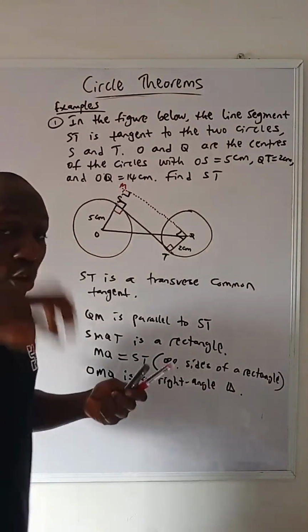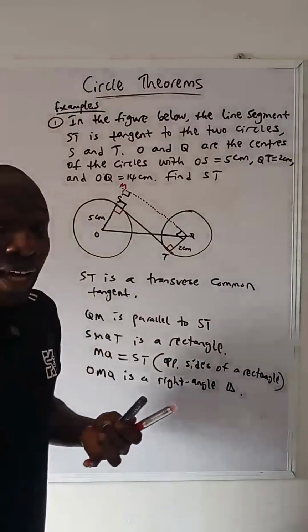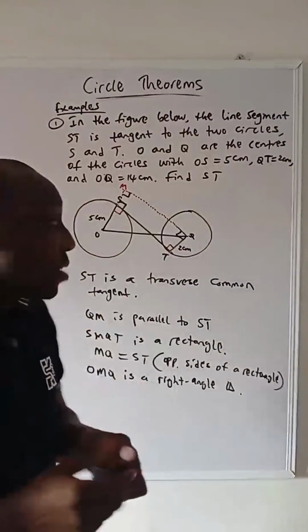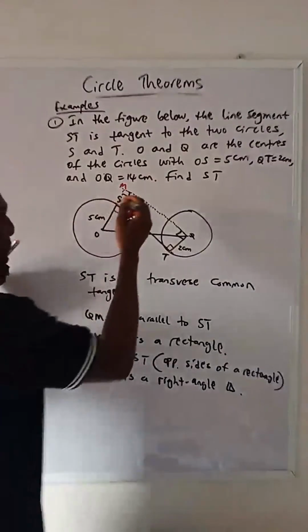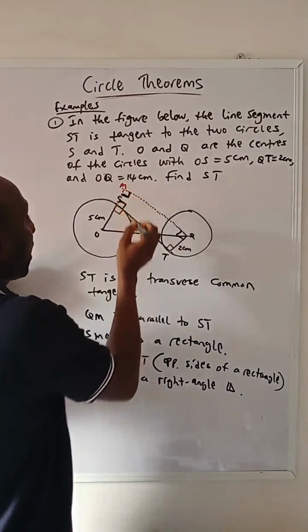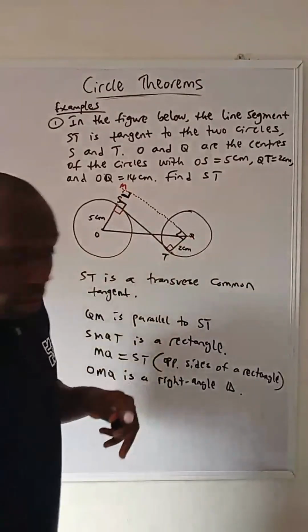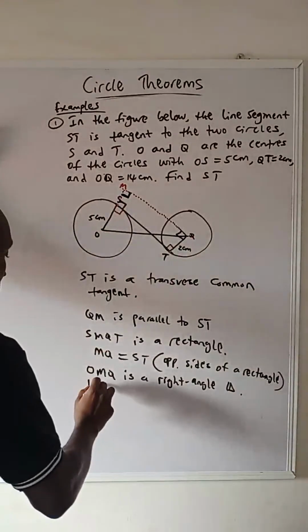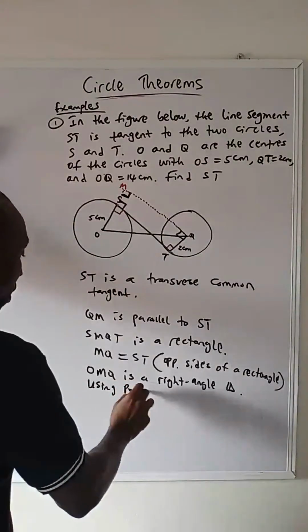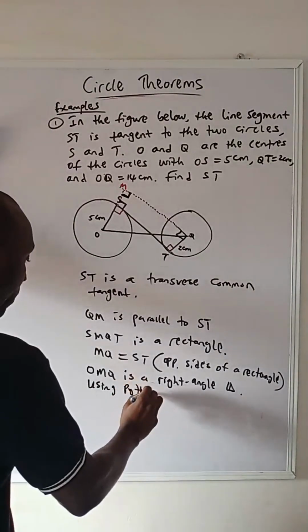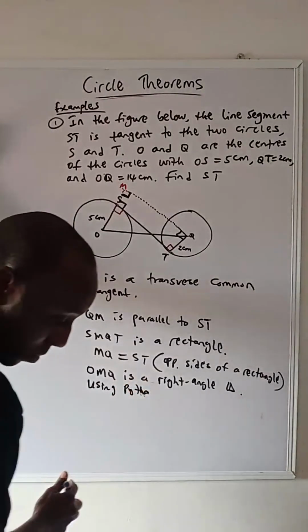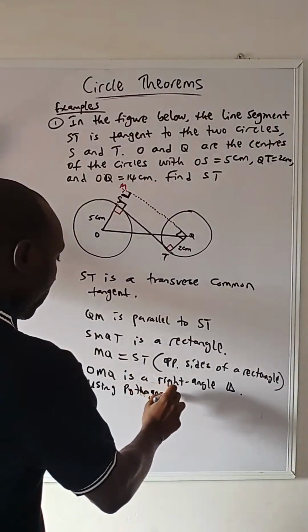If you don't know, the square of the longest side is equal to the sum of the squares of the other two sides. So what we have here is a right angle, and that means that this side facing it, OQ, is the hypotenuse. So using Pythagoras theorem,